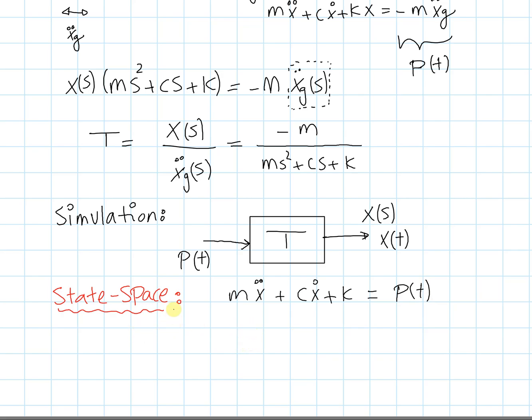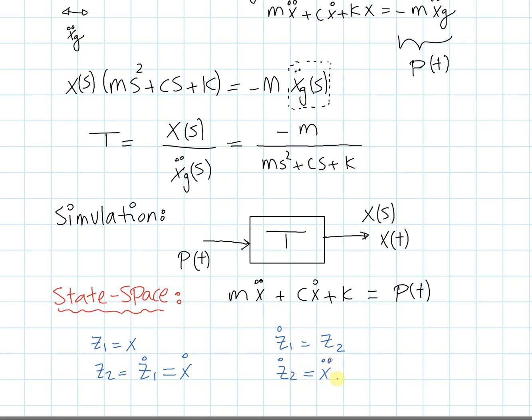what I want to do is a change of variables. I'm going to introduce a z1, which is going to be equal to my x, my displacement. I'll introduce a z2, which is going to equal the derivative of z1, and this is going to equal x dot. So now I'm going to take derivatives of z1 and z2. I have the derivative of z1 is equal to z2, and the derivative of z2 is equal to